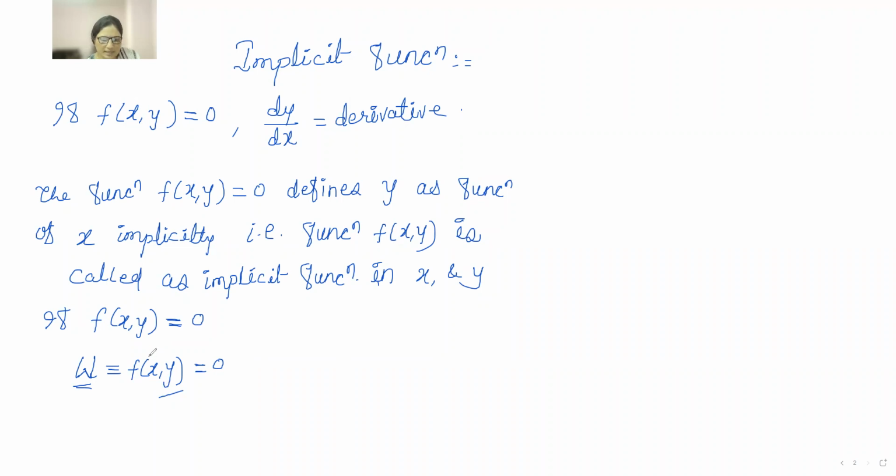See, look at this. W is a function of x and y, and x and y both are functions of x. Therefore, by using total differential coefficient,